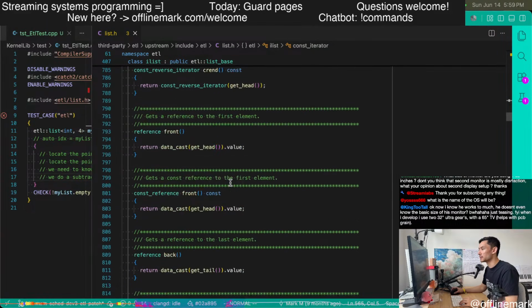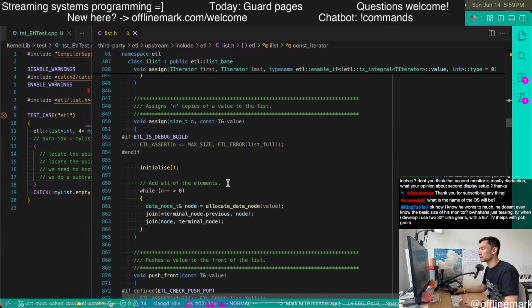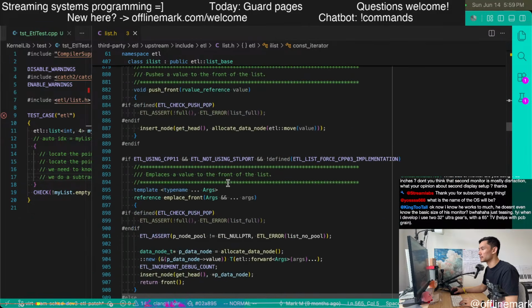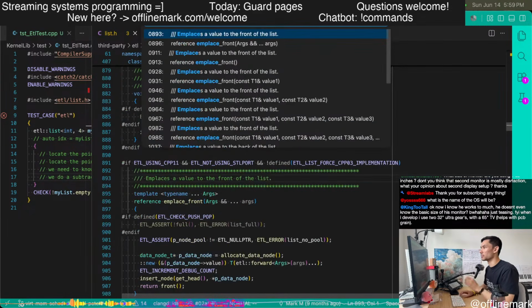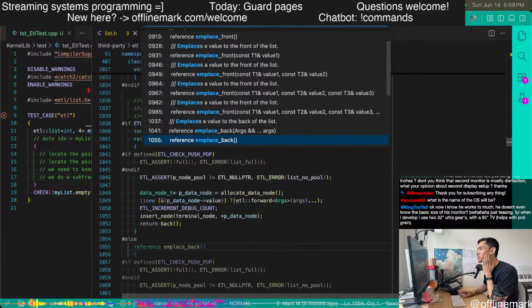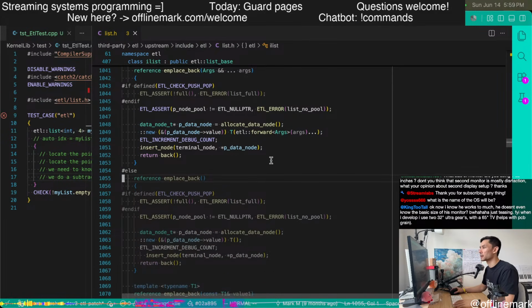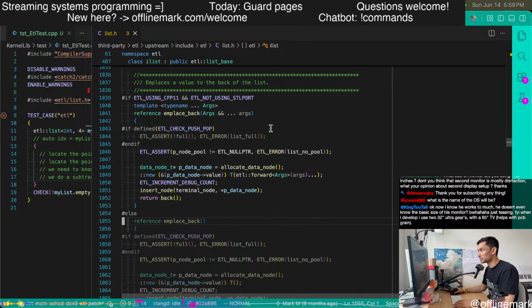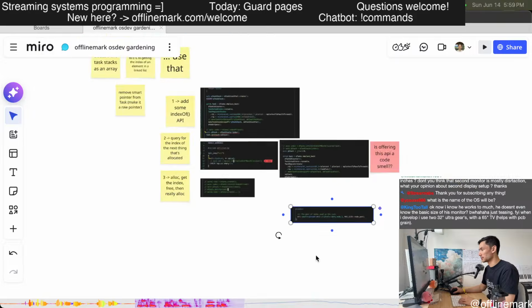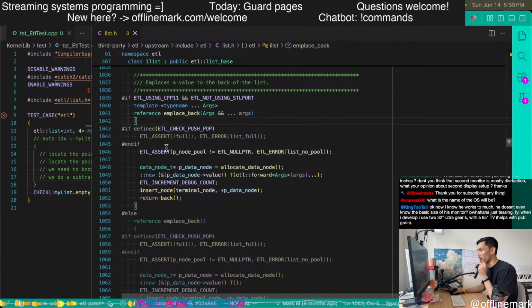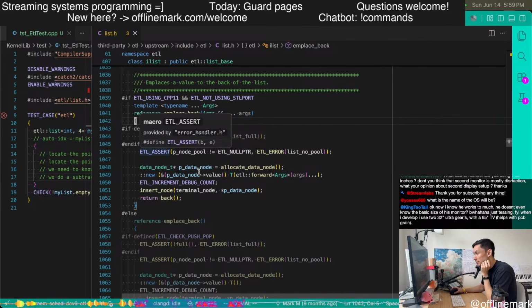Here just a bunch of methods, and it would be really interesting to see emplace back, because this is the thing that is going to be involved with allocating nodes, right?